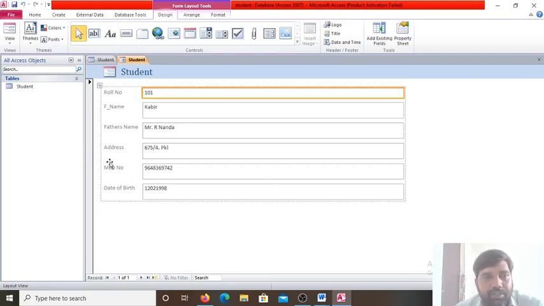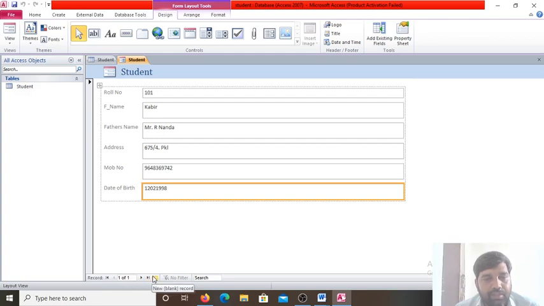This is the form view, and you can design it also according to your requirement. Okay, so you can see the fields are there. You can design this, and here if you want to add another, it is showing that you are viewing one record, because there is only one record.